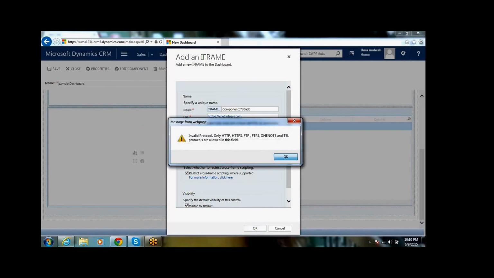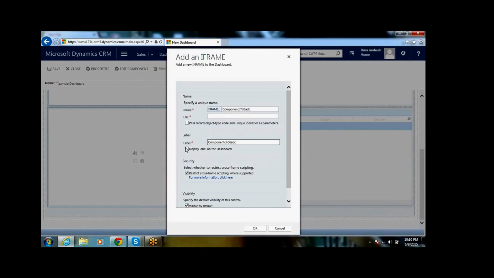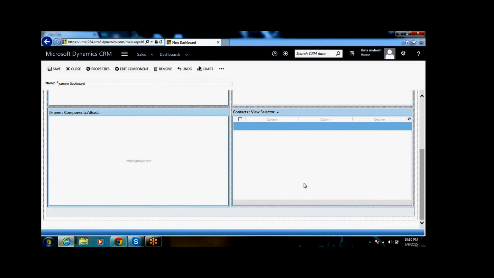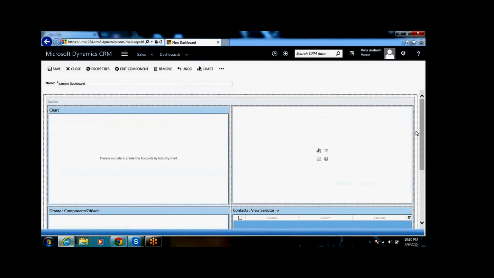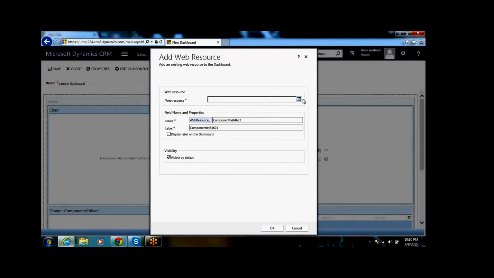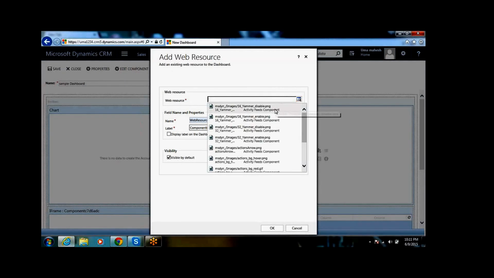If you want, we can enter some URL here. Like that, here we can select the web resource, whatever JavaScript we have, like HTML pages and so on.